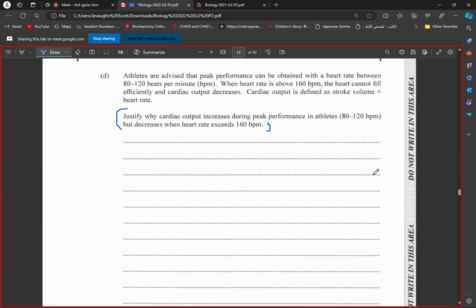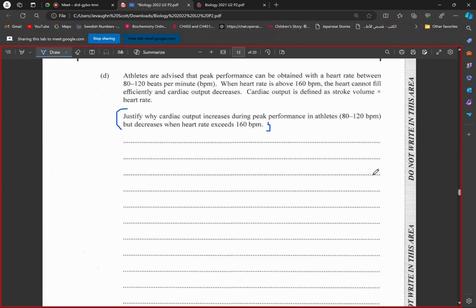Once the body figures out that this is happening, it will fire the parasympathetic nervous system, which will cause some hyperventilation, causing more oxygen to come in. It will try to decrease the heart rate. How does it decrease the heart rate? The parasympathetic nervous system will decrease the frequency of firing from the SA node. The body will try to come back down to equilibrium. It will try to now bring the heart rate back under the 160 BPM, back to around the 80 to